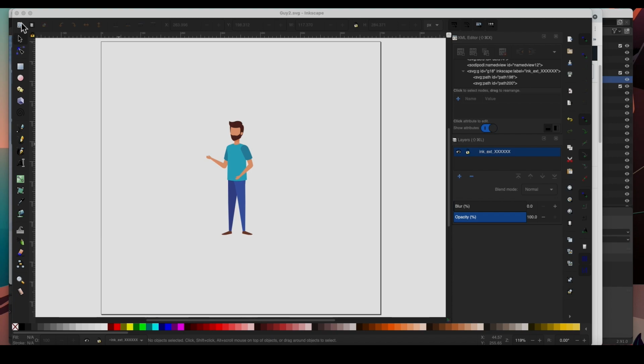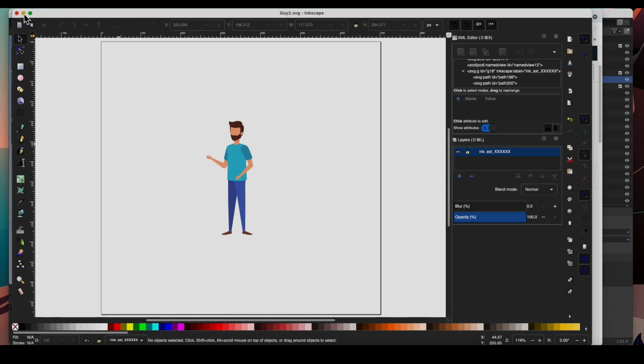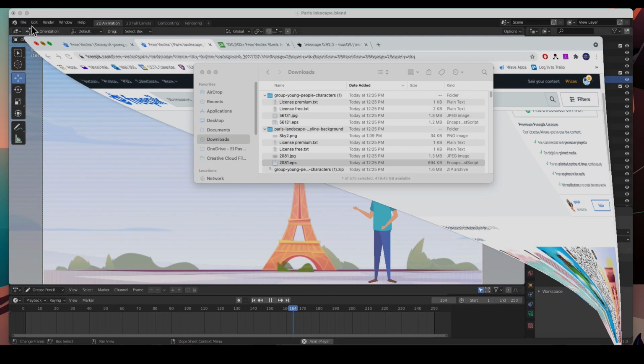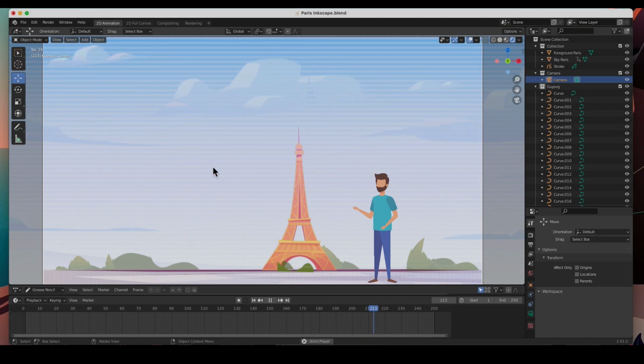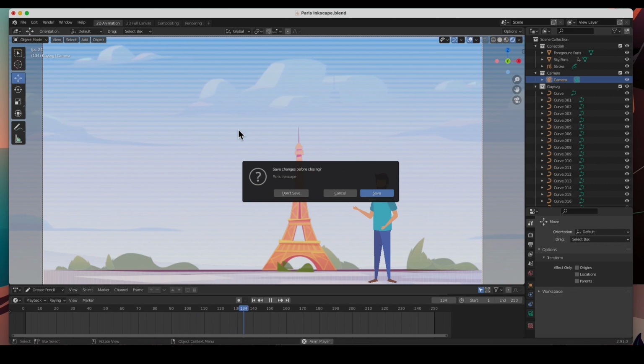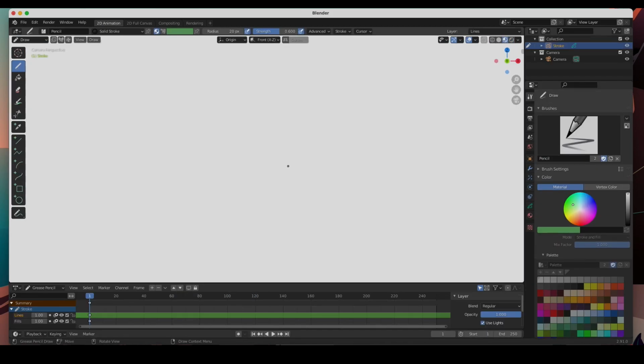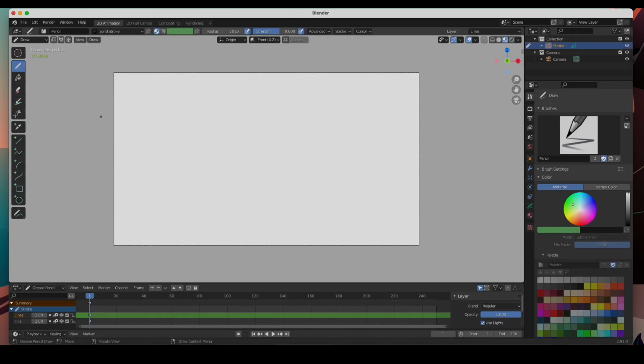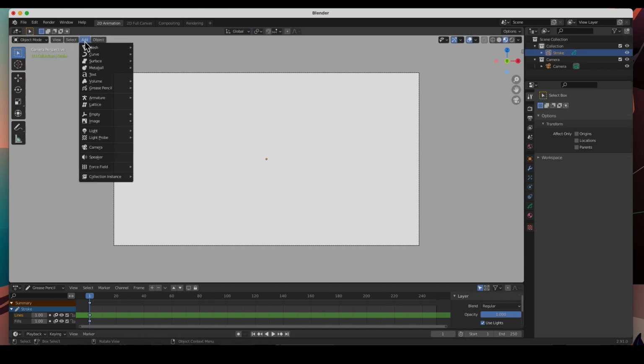So now I'm going to close this, and let's jump into Blender. Let's start up a new 2D animation project. Don't save. Zoom out. And let's start importing the stuff in. We don't import PNGs. We go to object mode and we add an image as planes.